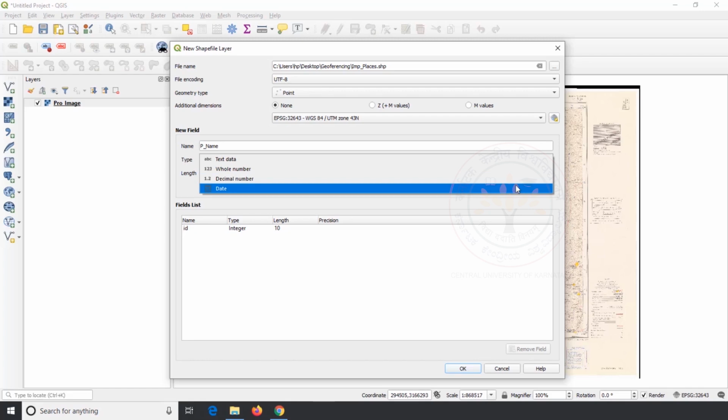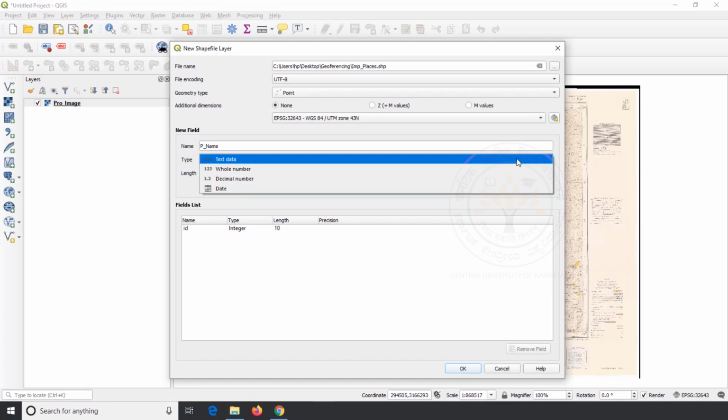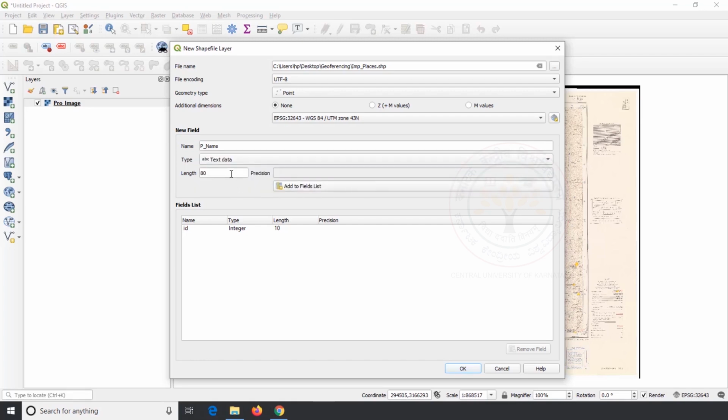of 6th month 2020. In this case, we are going to enter the name of the place. So we should select text. Look at the length. Here we have to mention the highest length of name we enter in the table. For example, if we mention 4 here, we cannot enter the name Hyderabad because the length of Hyderabad is longer than 4. I give the length of name as 18, assuming that there may not be any name longer than 18. The precision is available only when we use decimal numbers, to decide how many decimals should be in our attribute table. Click on Add to Fields List.